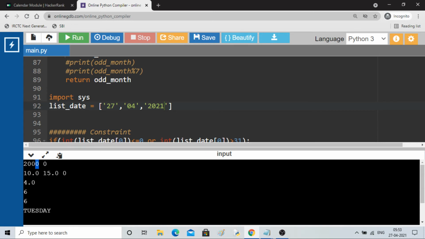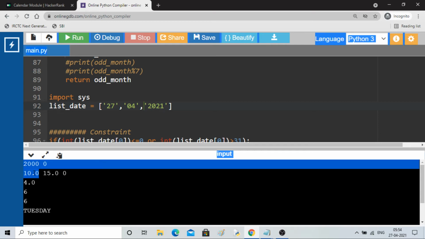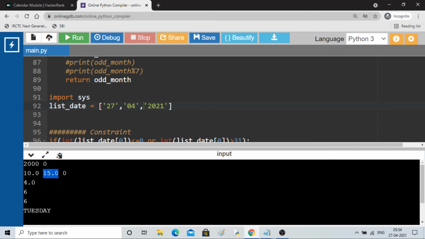See, this is the closest century year given for this given year. So 2000 will be the closest century year, right? And the number of odd days is 0, you can see. Then you have calculated for the leap year and the normal year, and here you can print how many mid-year odd days.